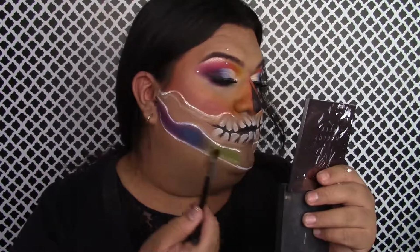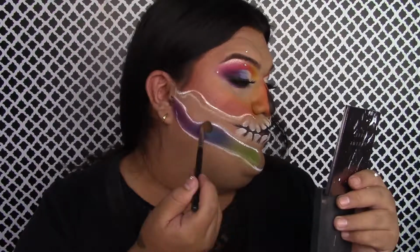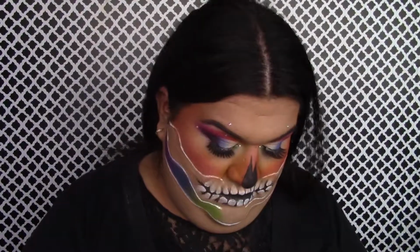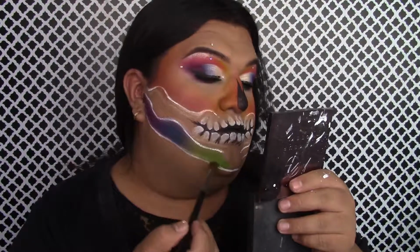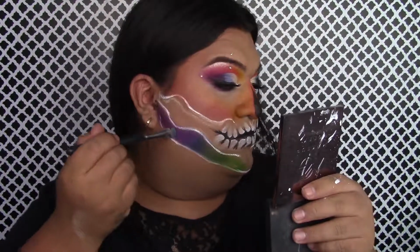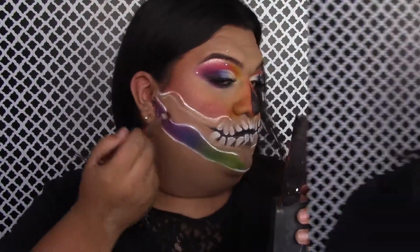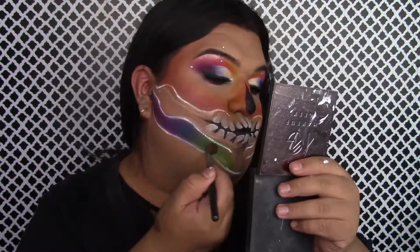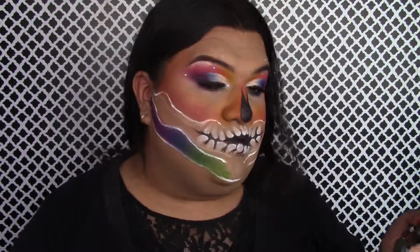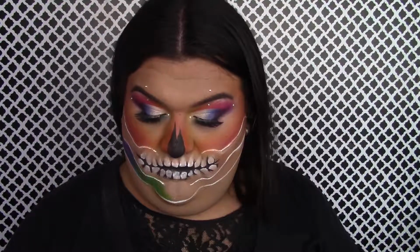I'm going to be grabbing the shade Social Blade and a little bit of Daddy, not as much because I do want that green to be more vibrant than dark because I want that rainbow gradient look. And then I'm going to be blending it into that bottom part of the skull as well, blending it into the shade Cola. This is where I'm going to be going into the purples again. This is where I grabbed a little bit of the purple next to Escape. I forgot the name of it. And then blending it into Cola